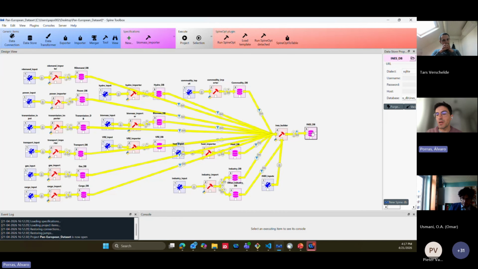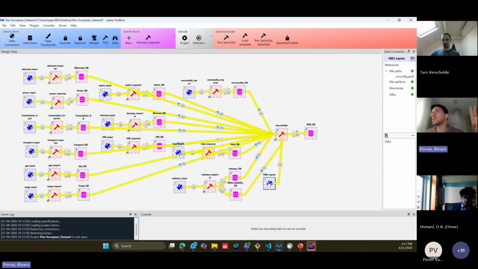But basically, once you run the INES builder for the first time, you will import the structure of the INES database, and you will explore the different parameters that it has and also how to model different entities. I have dropped in the chat a message with the INES specification where you can explore what it is and how it models the different things for energy systems.